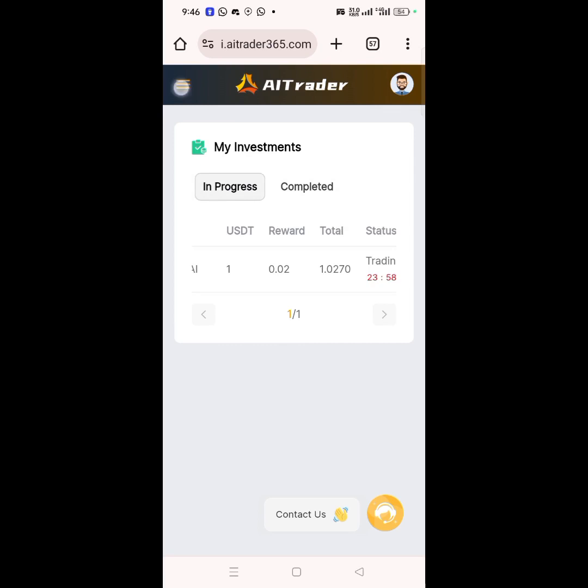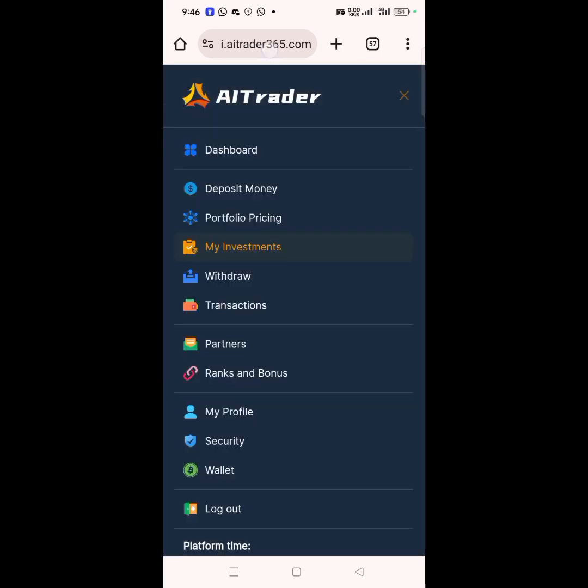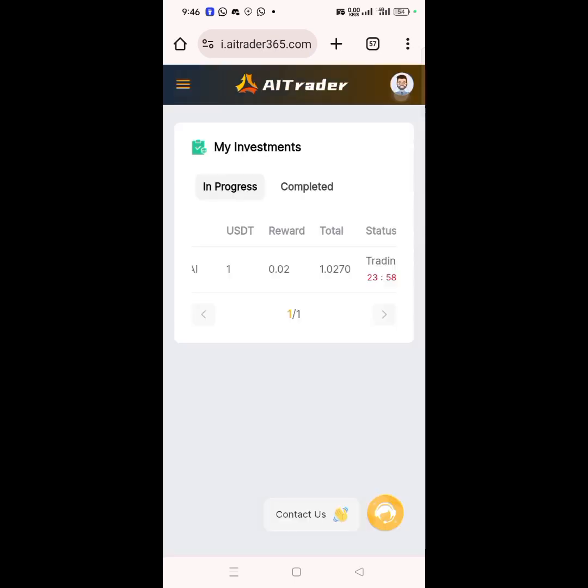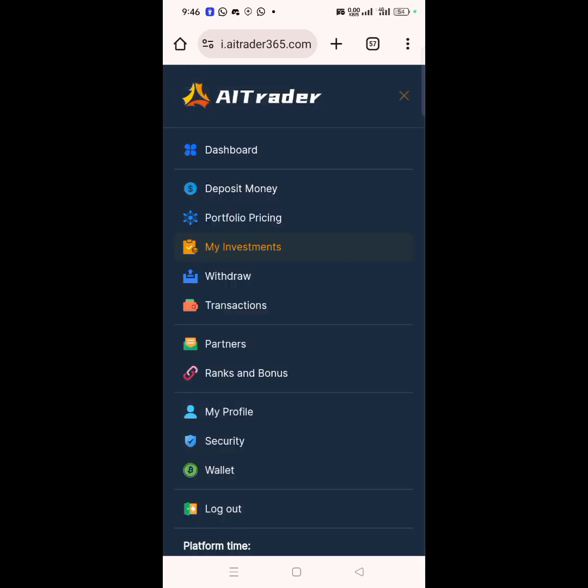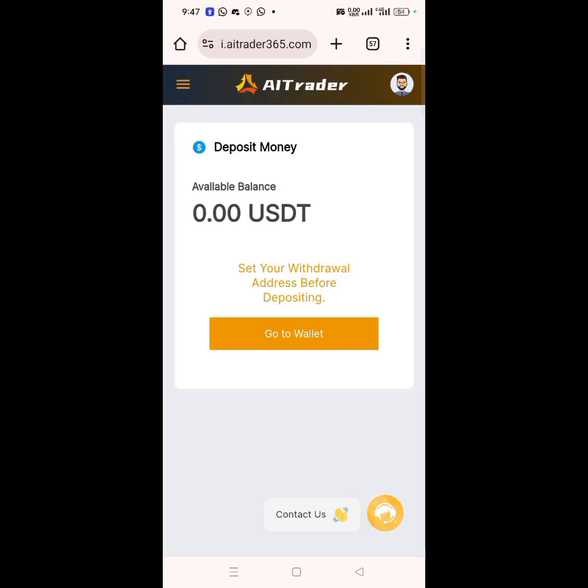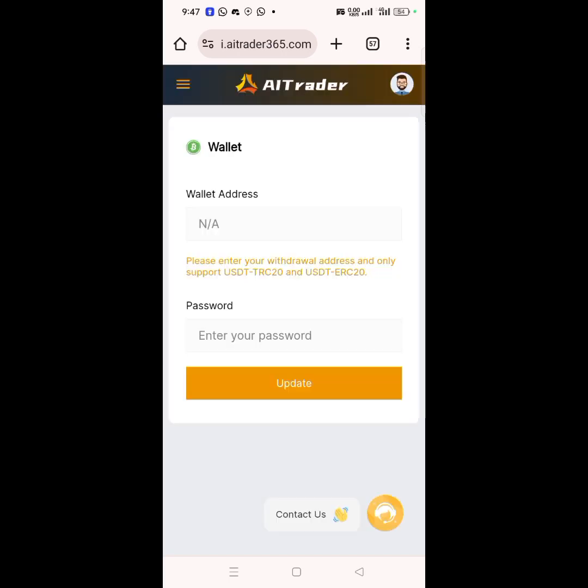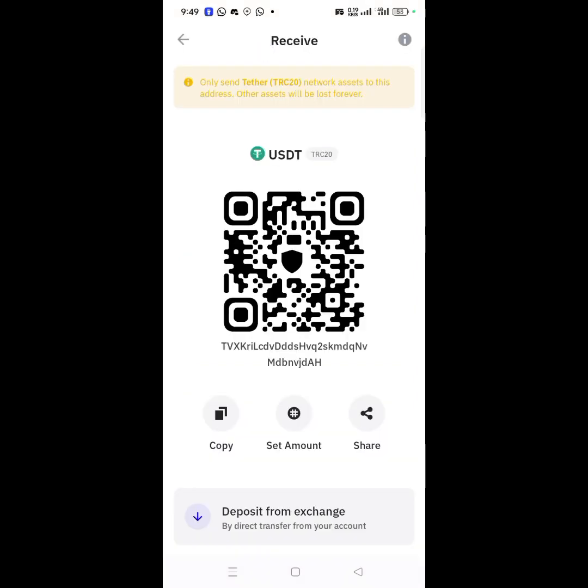So let's go over to the next section, which is the deposit and withdrawal. For you to deposit, click on this three-dotted line icon over here like this, and you will see where they ask you for Deposit Money. If you click on it, it's going to ask you to set your withdrawal address before depositing. So click on Go to Wallet, and then enter your withdrawal address, which you can get from anywhere. For this, I'm going to use one of my Trust Wallet USDT wallet addresses, and make